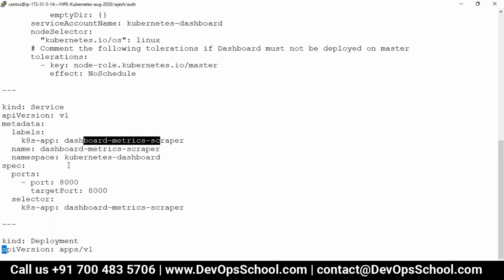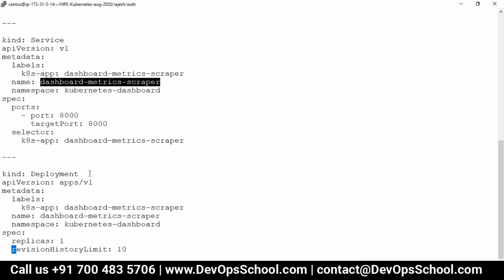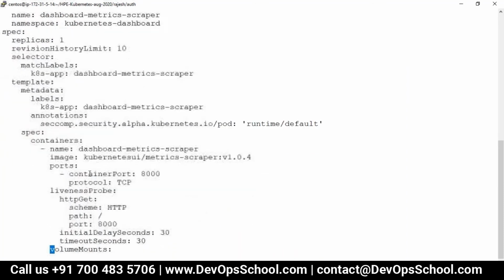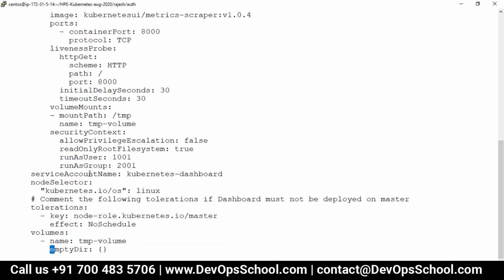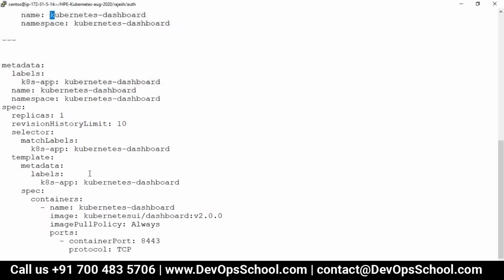This is a different service, sorry, this is a metrics scraper. I don't need the metrics scraper, I'll talk about it. This is a deployment, and so I think I got to know that service. Did you get comfortable with the script? You know all this part of it now.